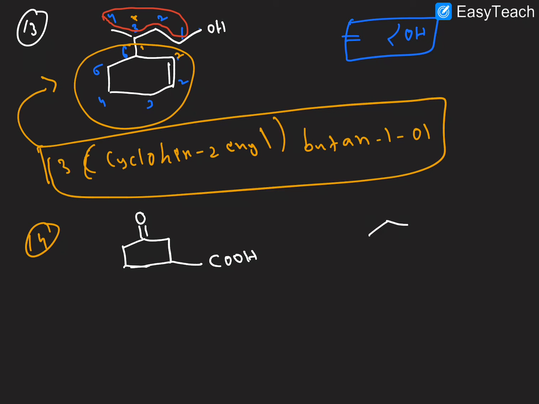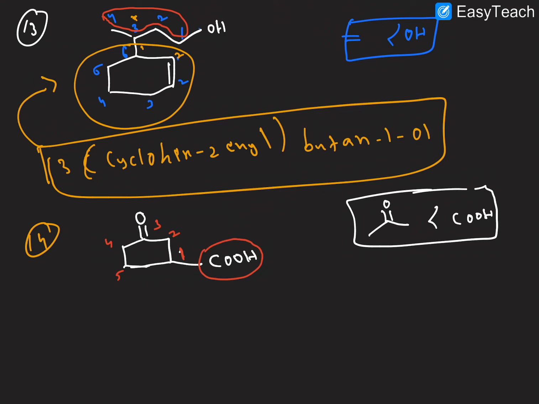This is the COOH. According to the priority order, ketone and COOH are there. This is the priority order, and we have to start numbering from 1, then 1 2 3 4 5, right? So here we are not giving the numbering from the carboxylic acid. Commonly in cyclic compounds we are not giving numbering to aldehydes, carboxylic acids, acyl chlorides and amines. So at that time, which name do we have to write?